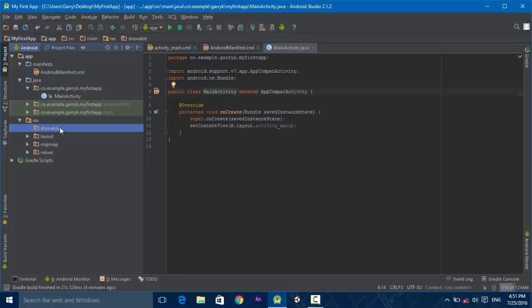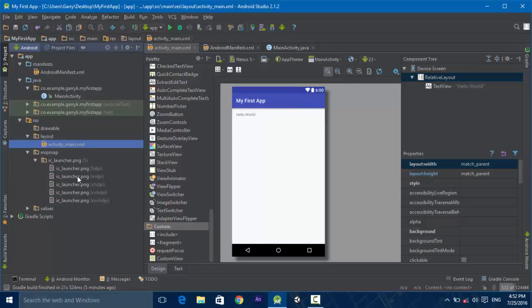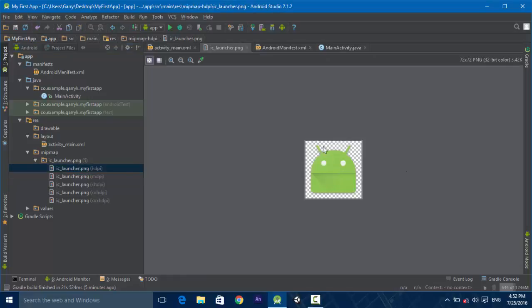In the drawable folder, we mainly put all our images, and the layout is the activity. Activity is mainly what users interact with. That's what we call the activity window. And next is the map. Map is where we store our Android icon launchers. So there is an image of the icon launcher. This is the default icon launcher image of our Android app,